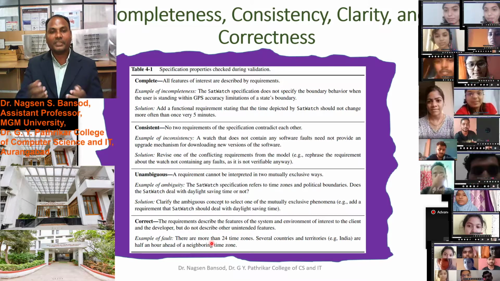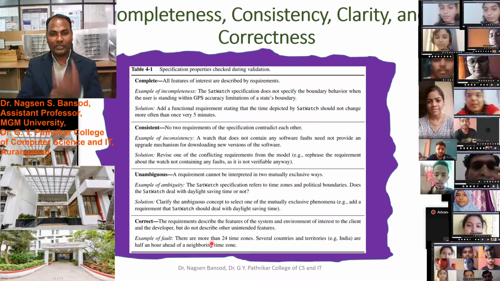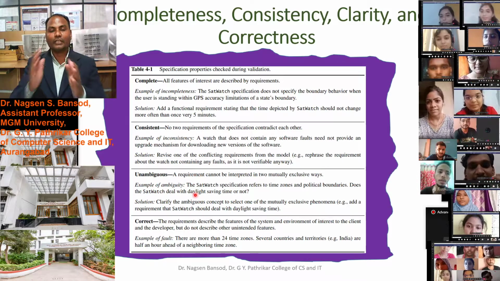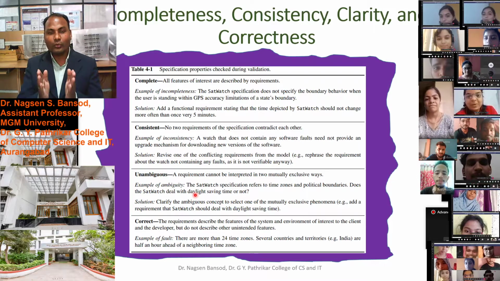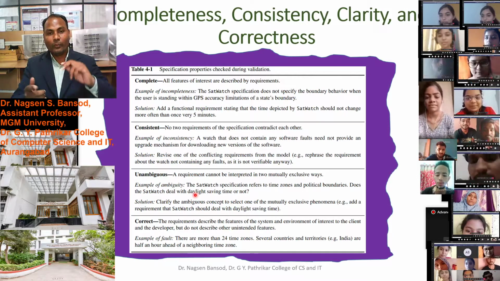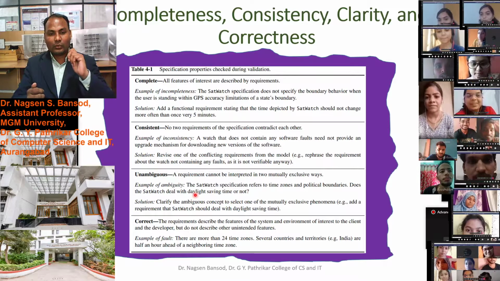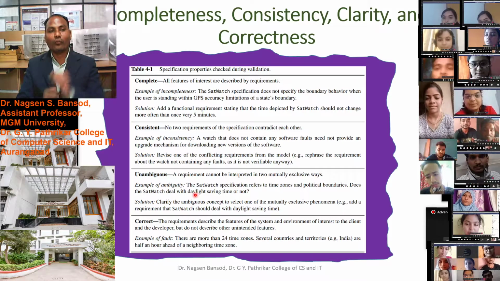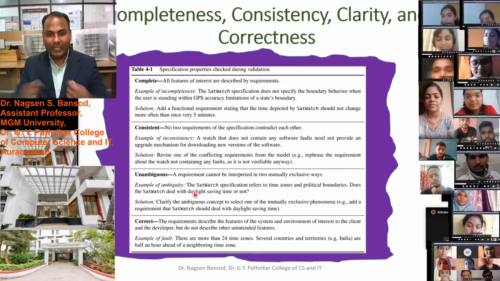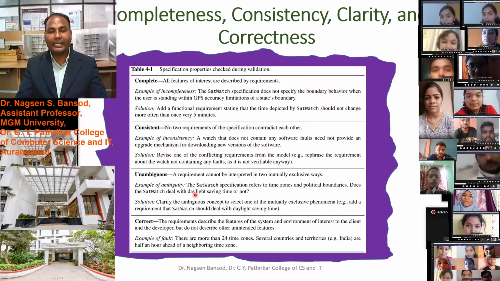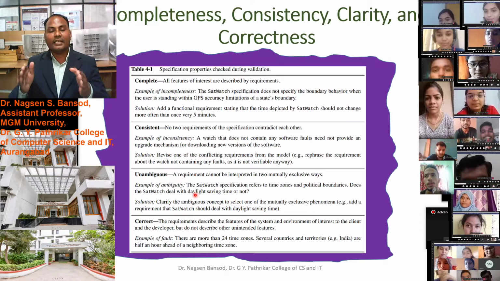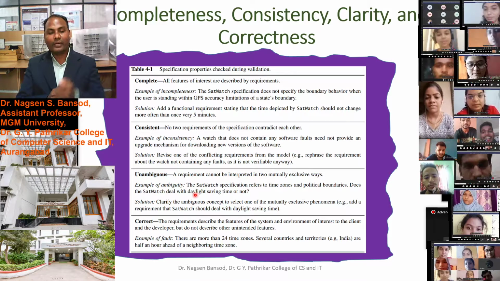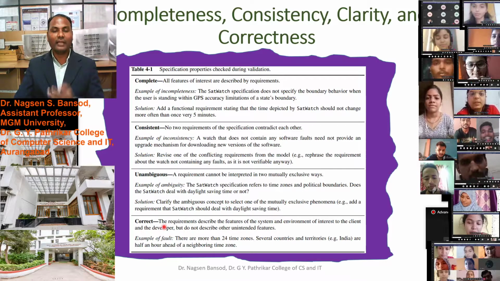This is the specification property of validation, information validation, as well as unambiguity. There should not be any confusion. We have to make it clear. We have to tell the users and the client of our software, and give all detailed information. We have to validate with the users. Is there any confusion? Then we have to make a description about that. We have to clarify those points, as well as correctness.